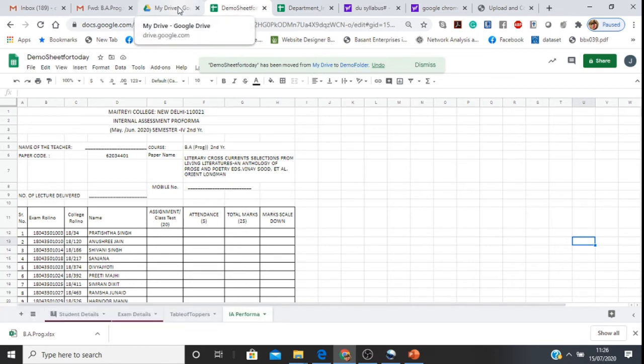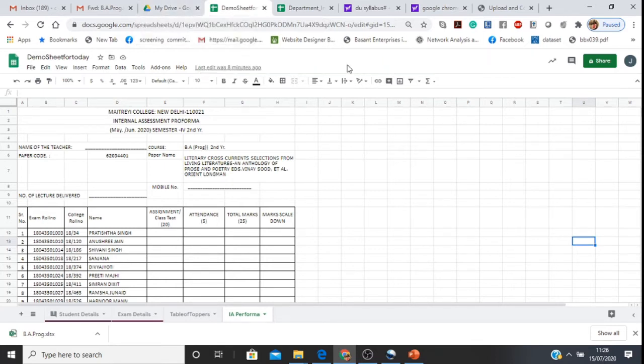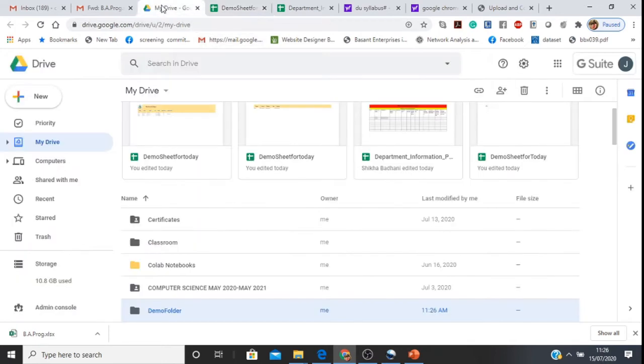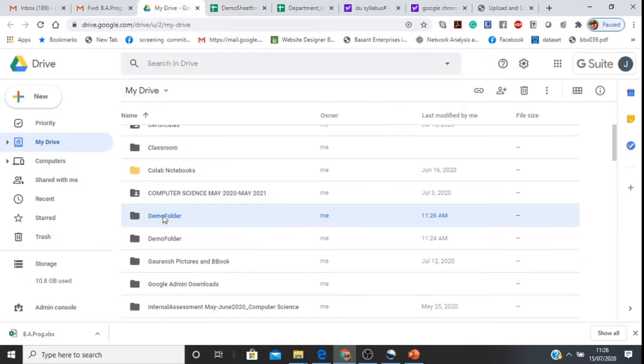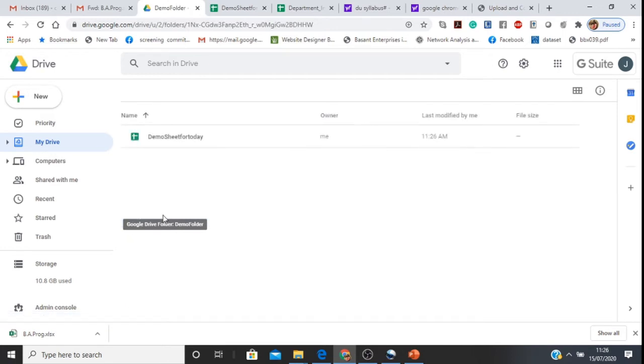Earlier it was not in a folder, it was just in my drive. Now it has been moved to a demo folder. So if you open the folder by double click, we can see that the sheet that we created has been moved to the demo folder.